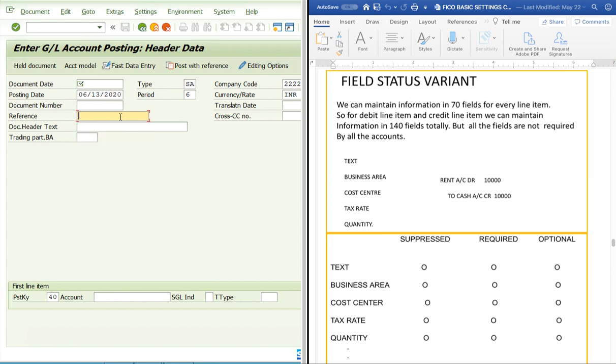But if they don't enter any information here, that creates some inconsistencies and problems in future reporting or reconciliation, because this information may be used at a later stage. So you want to restrict a user: even if they don't remember, the system won't allow them to post or proceed further. Then we use field status variant as a function available in the SAP system,